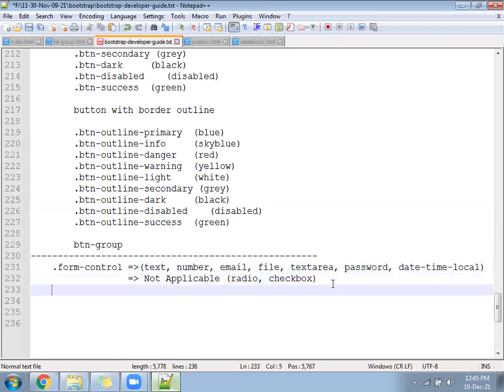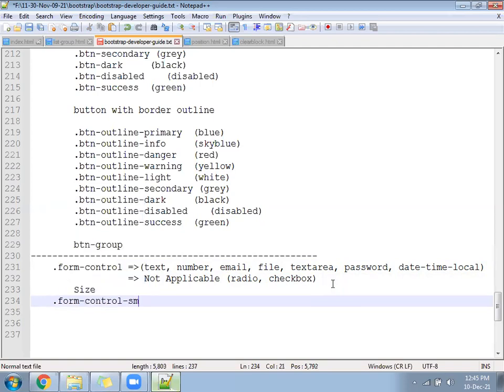Okay, it has three sizes. We'll write here sizes. What sizes are there? One is called form-control-sm.